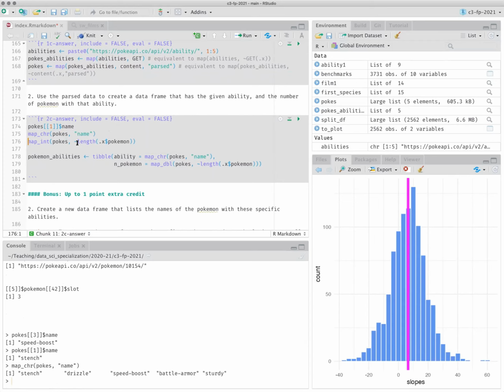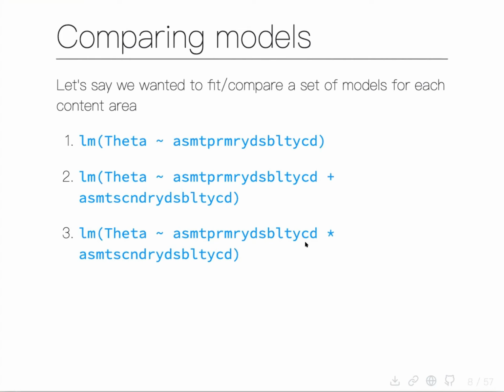Okay, so this is like real data-ish. I mean, it's simulated, it's made up data, but it's similar to real data, right? It's generated from that. So let's say we wanted to fit a real model where we have theta, which is